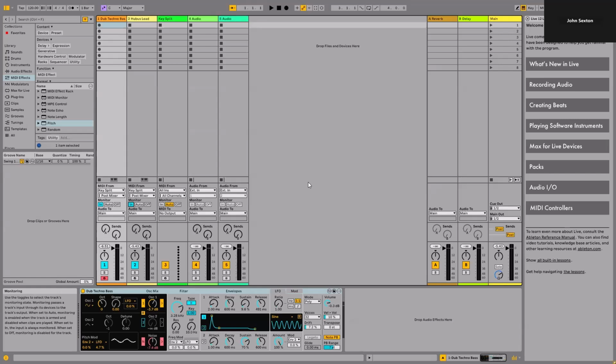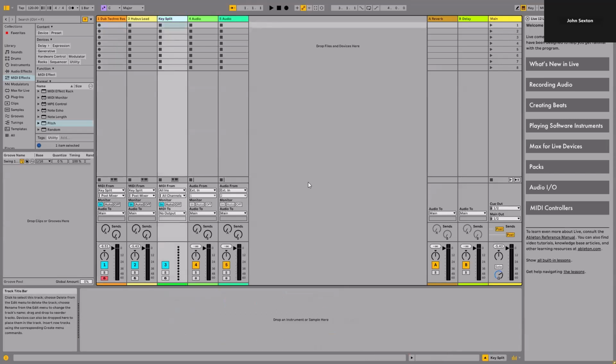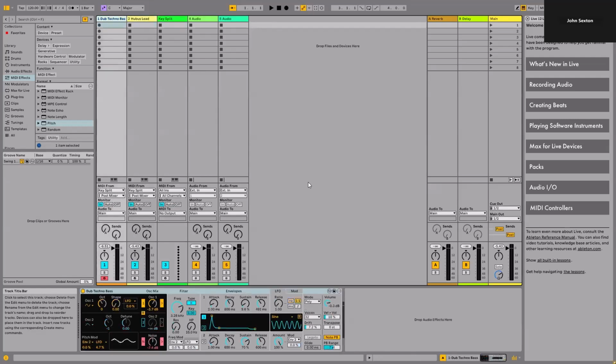2 Hubris lead grouping. Key split grouping. Monitoring grouping. Auto, in radio button checked. We've got that set to in as well. Okay, so that's that all set up. Track headers tree view. Key split data item selected. 2 Hubris lead, 1 dub techno bass. Right, now we've got to add a MIDI effect here on this one,